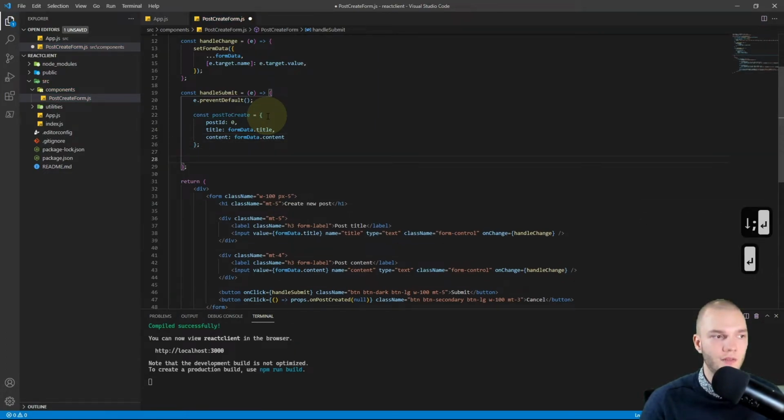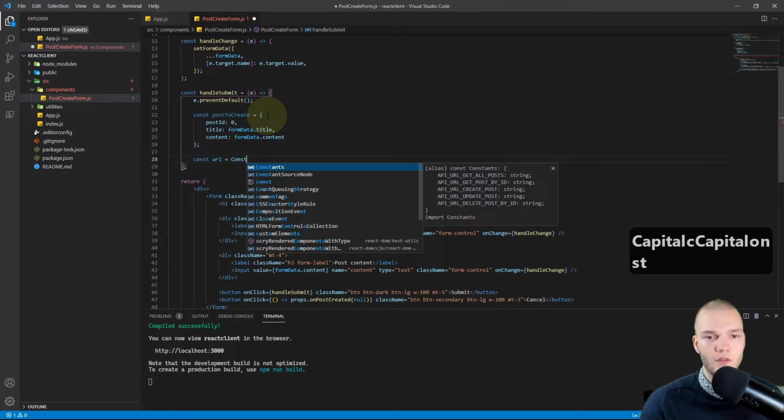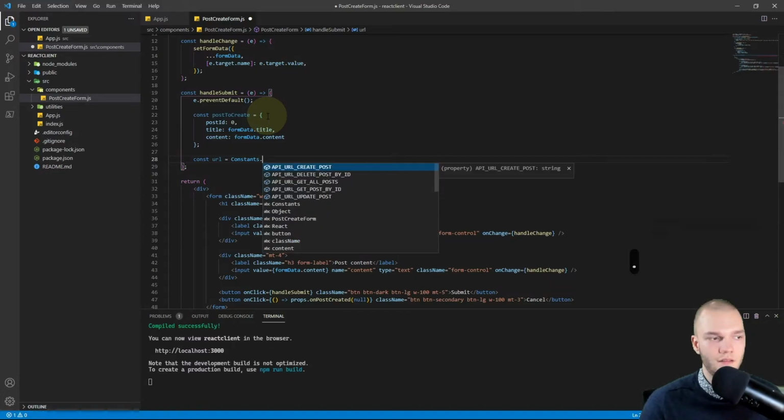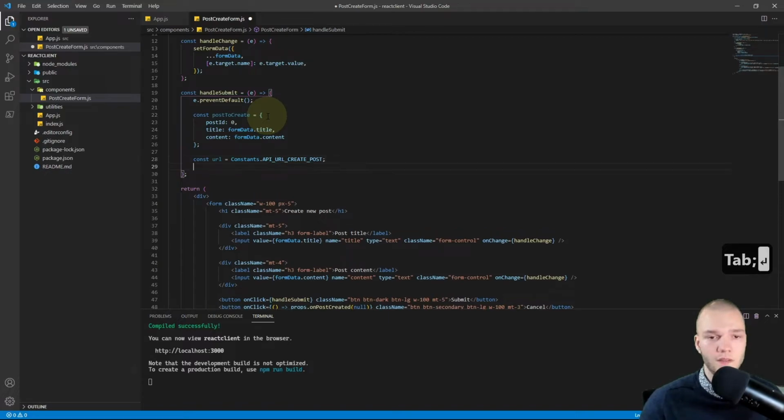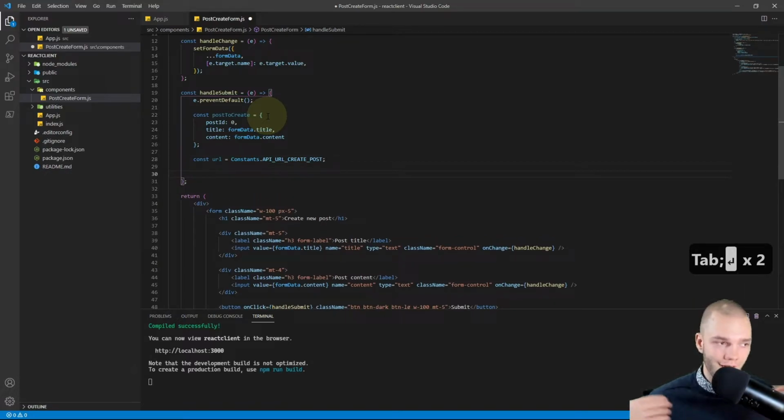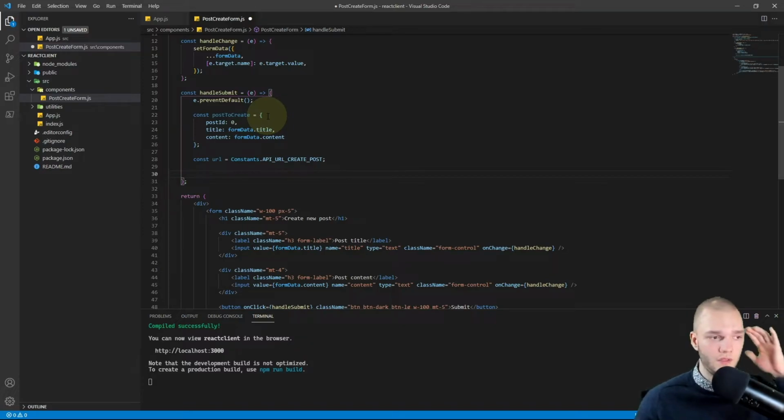Add a semicolon, and then before we do the fetch post API call to the server, let's declare the URL, so const url, and we will use our constants file again. So Constants.API_URL_CREATE_POST.